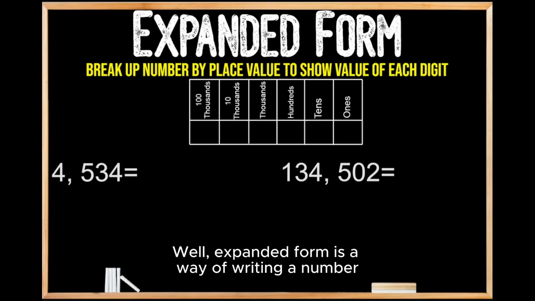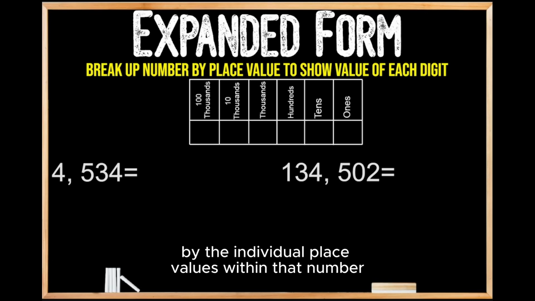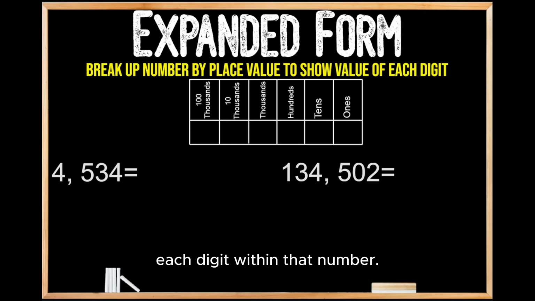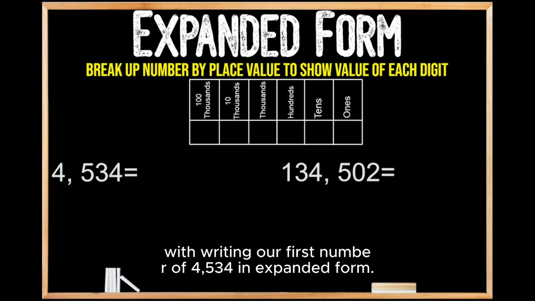Well, expanded form is a way of writing a number where you break up that number by the individual place values within that number in order to show the value of each digit within that number. As we can see here up top, we do have a place value chart to help us with this process, so we're going to use this place value chart to help us with writing our first number of